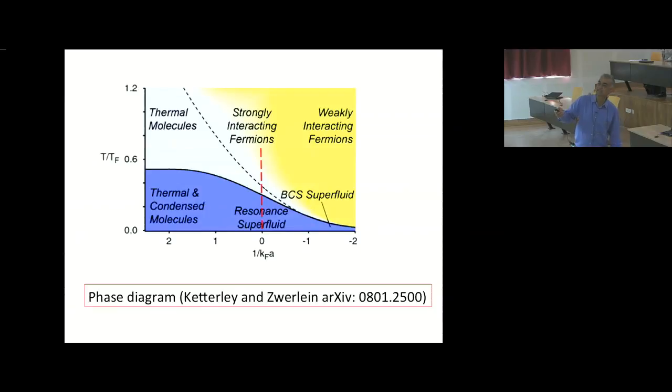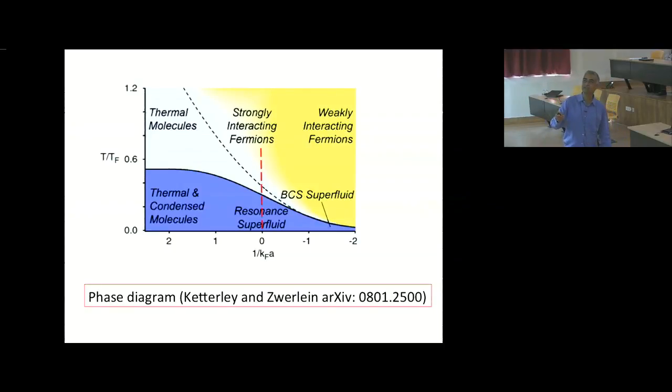So this is a BEC kind of description, this is a BCS description, and in between, you have a point where the potential is such that you get exactly a bound state at a threshold. The scattering length diverges, so 1 over A in units of kF goes to 0, and that is the system which is then scale invariant, and which is what's called a Fermi gas at unitarity.